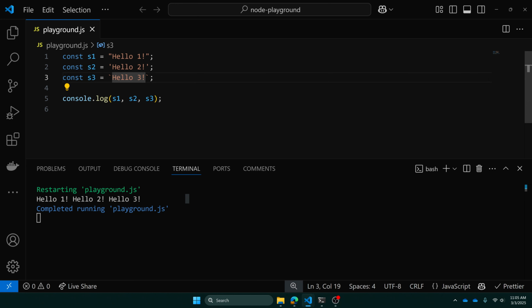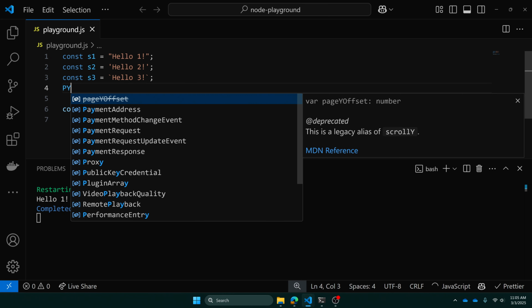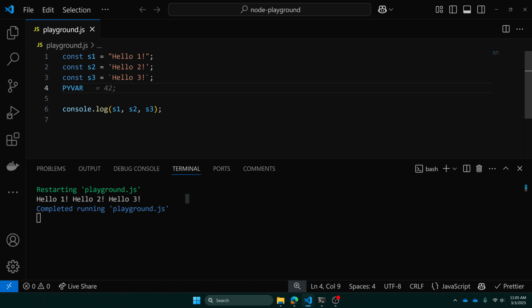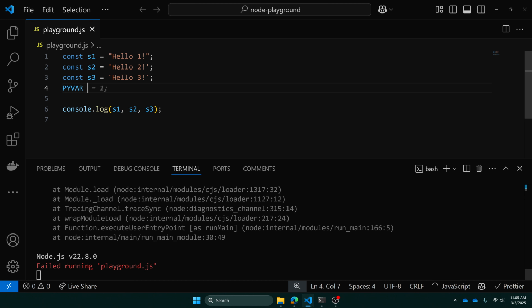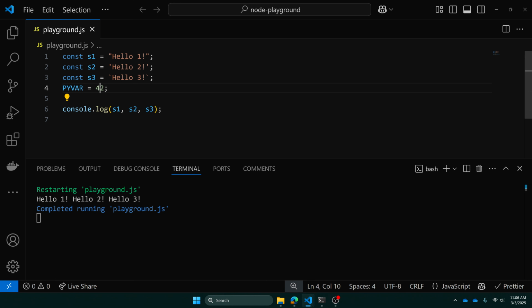Now, why would you want to use this S3 version? Well, this is what's going to create a templated string, which is kind of like, if you've ever used in Python, the format string or the F string. That would be where you might have my pi variable, and assume I'm in Python right here, and you might say equals 42, sure. But let's say you wanted a string, and then what if you wanted to put the number 42 inside of that from a different variable, like